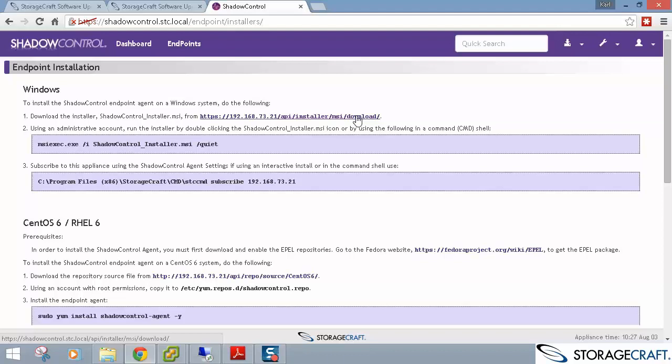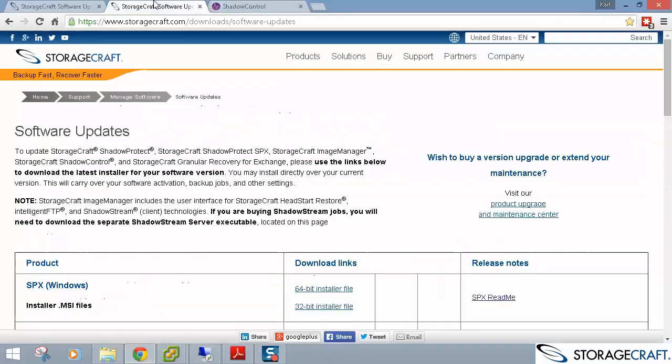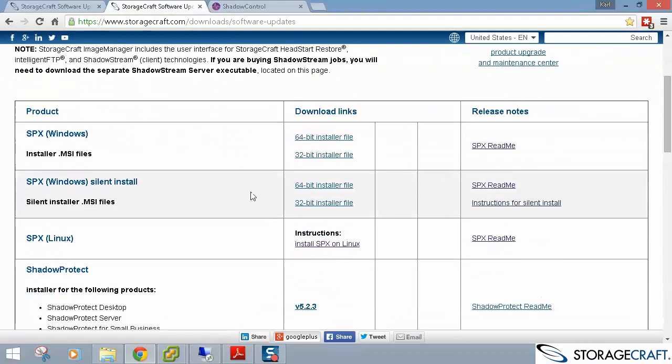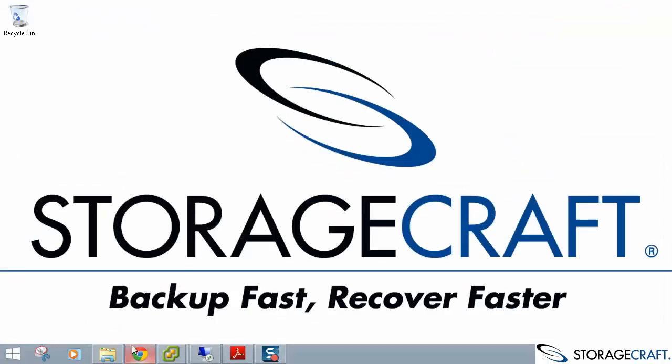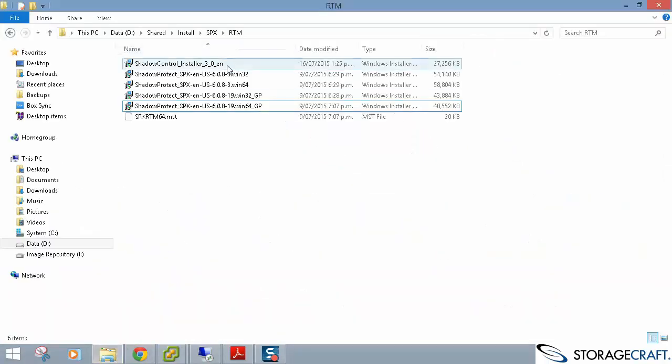It saves us having to go back to the StorageCraft website to get that as well. So it does have some information here on doing a quiet install using a script. I'm actually going to use group policy to deploy the MSI file today. And again, we'll do that along with the SPX MSI that I've downloaded previously from our website here, the 64-bit installer I'll use today. So if we just go and take a look at these files,